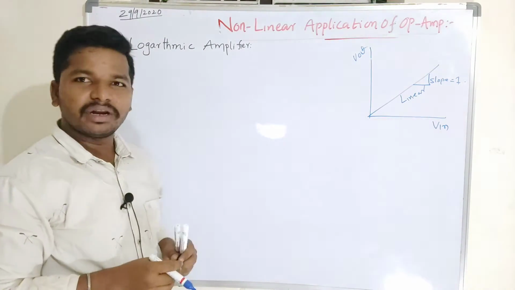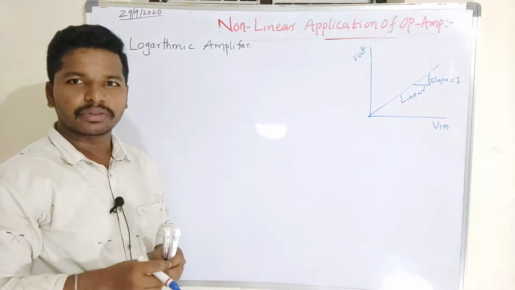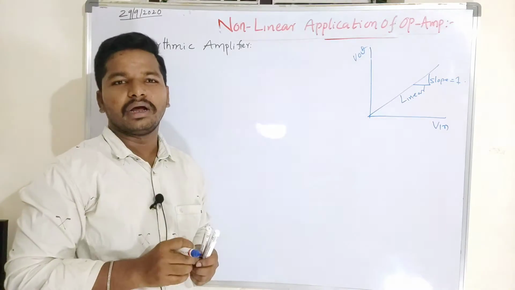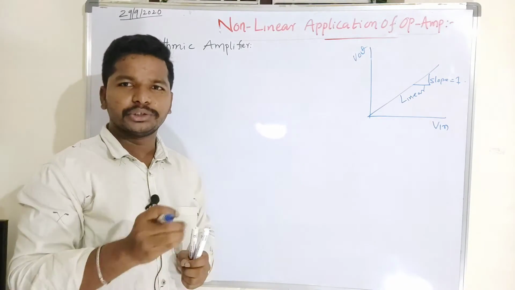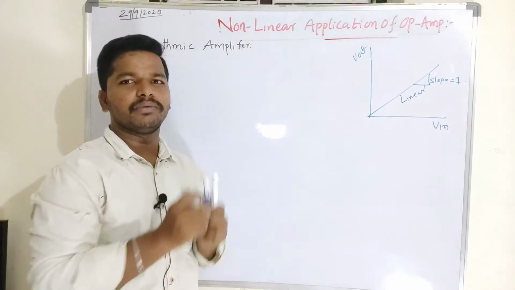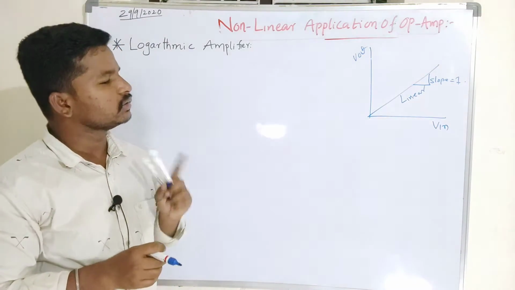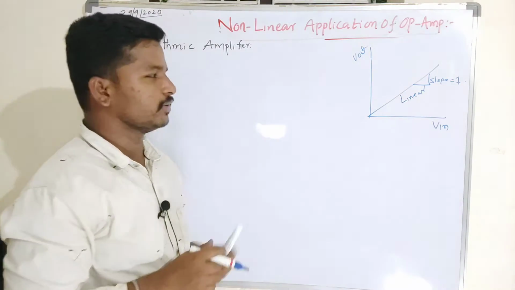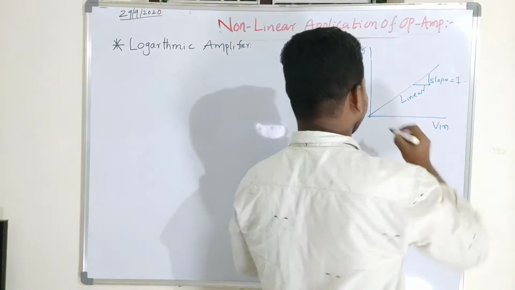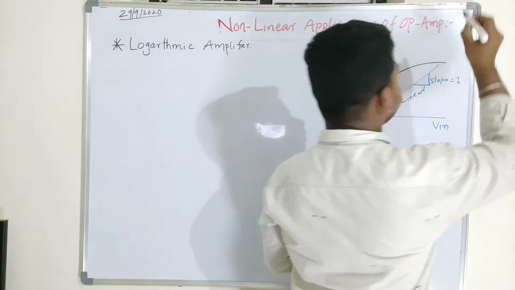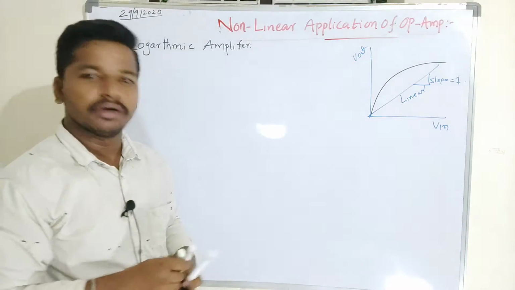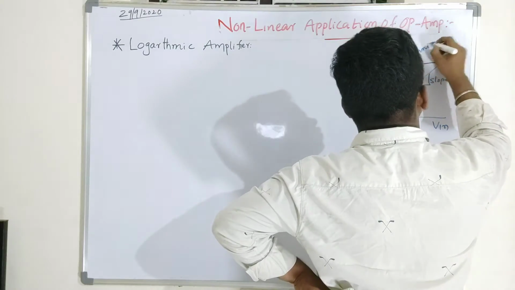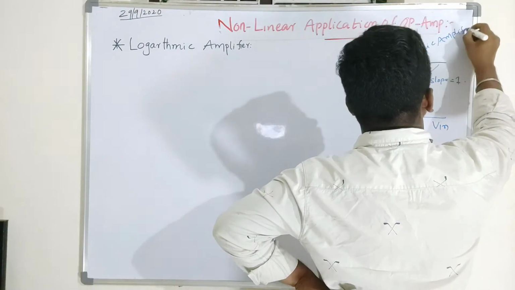The logarithmic amplifier is a very good circuit which is used to provide high gain at low frequencies, and should produce low amplification at high frequencies. How does the graph look? I will draw it. I think you know it very well, but let me verify it. This is the characteristic of the logarithmic amplifier.